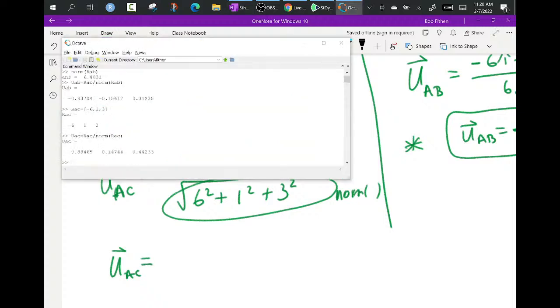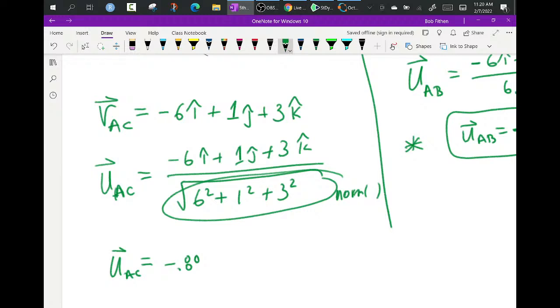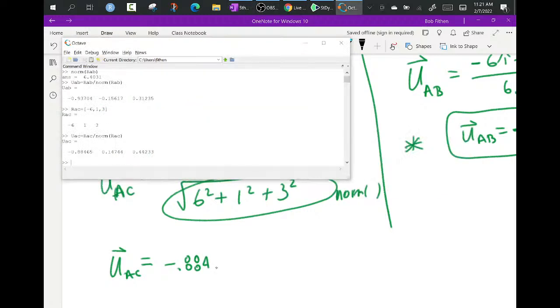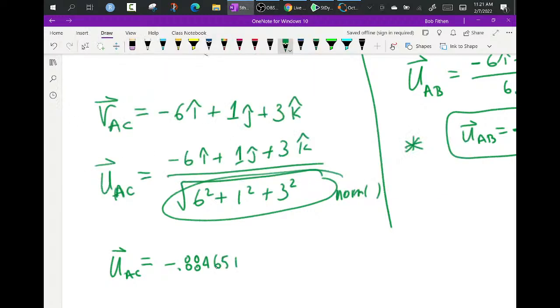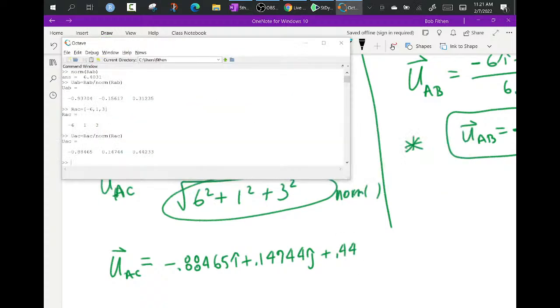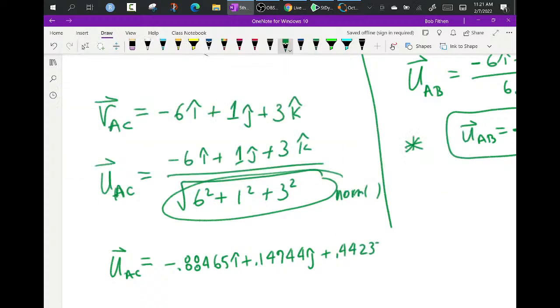Okay, 0.88465i plus 0.14744j plus 0.44233k. Now,